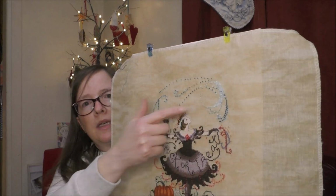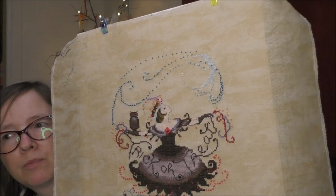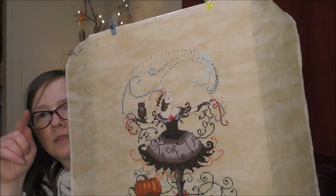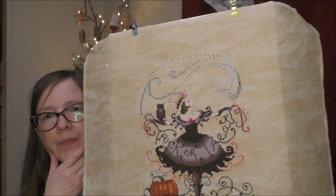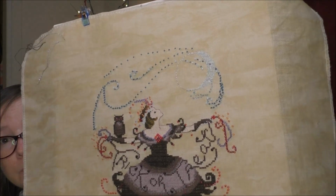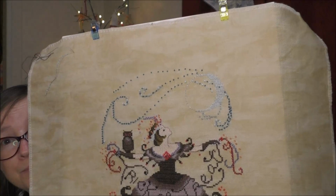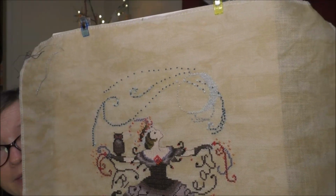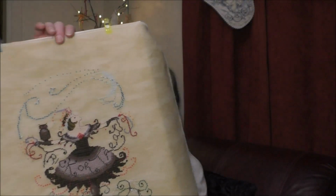And the moon. The outline for the moon was done in a brown originally in the pattern. It's brown and it does a step instead of a nice smooth line, and I wanted to change that to a smooth line, and that's all that stopped it from being completely finished. And I couldn't get it to be completely round. It ended up being oval,